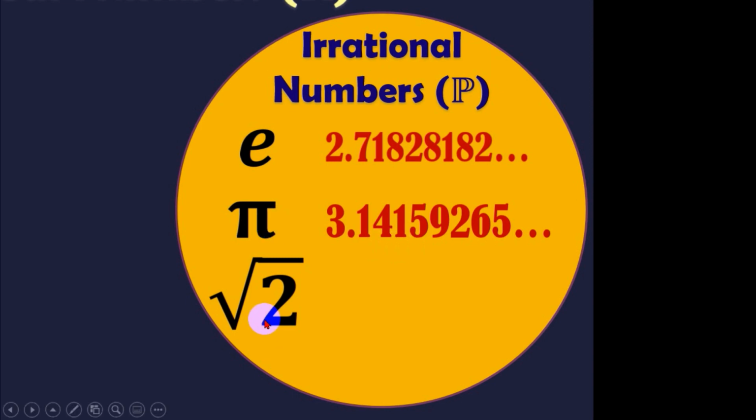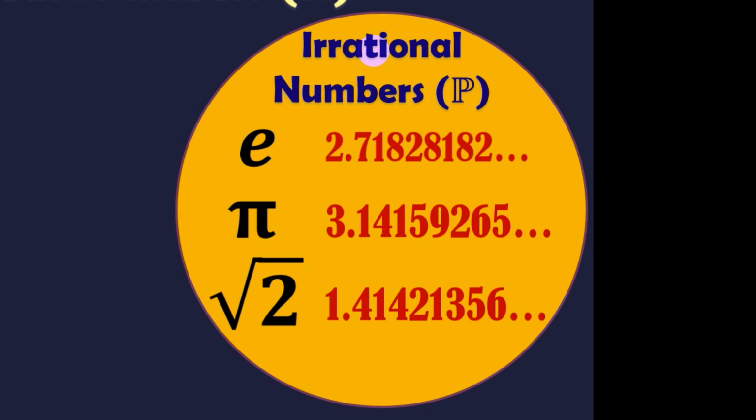How about your square root of 2? If we put it into our calculator and find the principal root of the square root of 2, therefore this number is equal to the value of 1.41421356, so on and so forth. This tells us that the square root of 2 is a non-terminating number and a non-repeating number. So, walang katapusan. Kailan mo masasabing irrational siya?